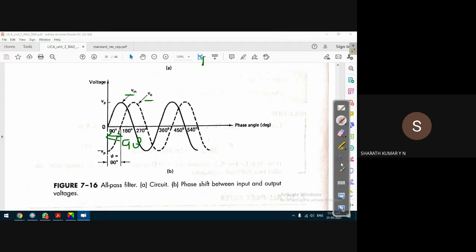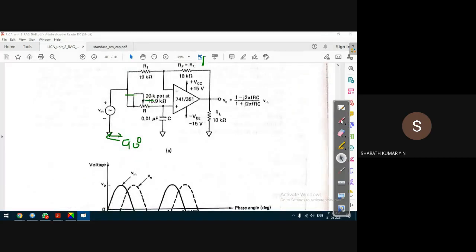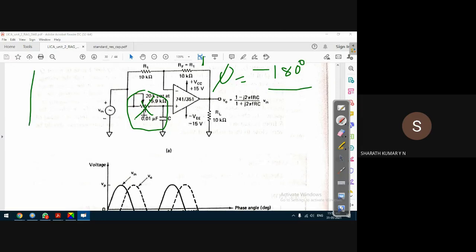What was the actual phase shift supposed to be? Imagine that this non-inverting network is not there. What is the phase shift? The phase shift should be minus 180 degrees, right? In the absence of the non-inverting input network, if a positive voltage is applied, the output voltage should be negative, a negative cycle. If only the inverting input is used, the total phase shift is minus 180 degrees.